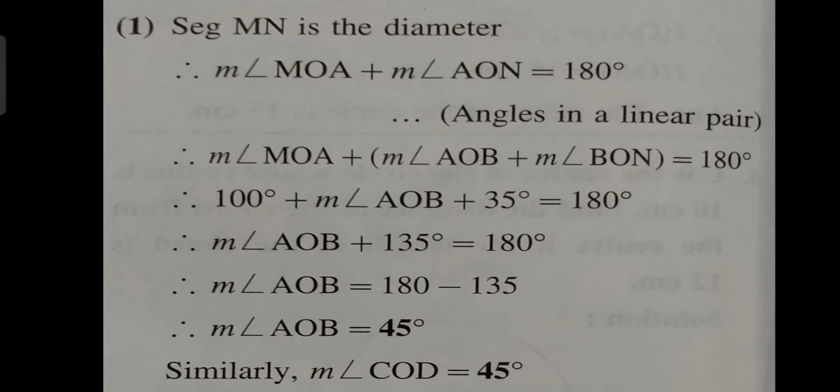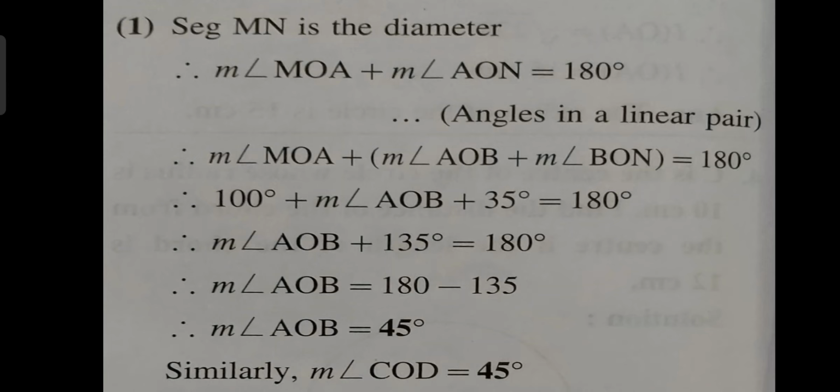Now segment MN is a diameter that has already been given to us. So we can say that measure of angle MOA plus measure of angle AON together makes 180 degrees, because the angles form a linear pair, forming a line. But what is measure AON? It is actually angle AOB plus measure of angle BON. So that we are going to write in the second line: measure MOA plus measure